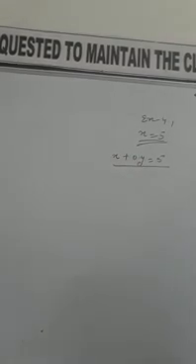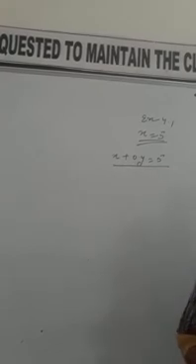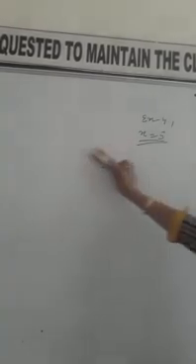Okay. Now in the exercise we have the first question, where we have to make an equation from a statement. How to make the equation from the statement? The statement given to us is: the cost of a notebook is twice the cost of a pen. Write a linear equation in two variables to represent this statement. Now we have to make the equation, and what is given to us? The cost of a notebook is twice the cost of a pen.